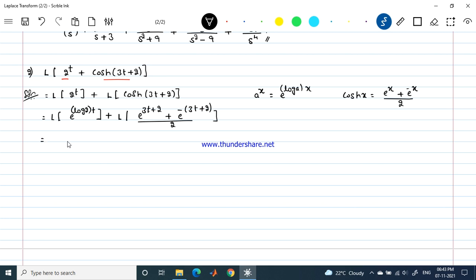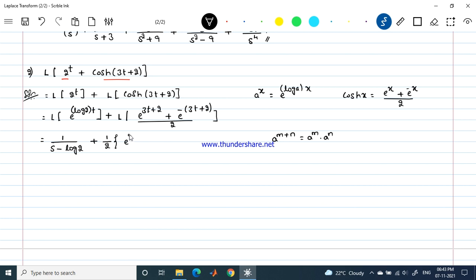This is equal to 1 upon s minus, the role of a is played by log 2. I'll just write the log 2 in this place. Plus, 1 by 2 is constant, let me just keep it outside. This is not in the standard form. Standard form is e power at. So this can be rewritten, as a power m plus n is a power m into a power n. With the help of this, it can be rewritten as